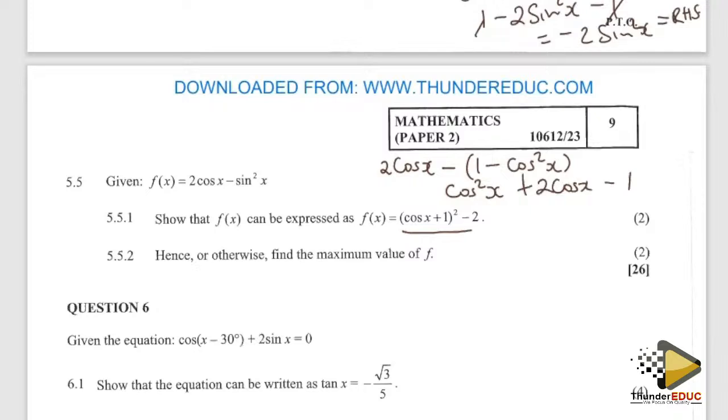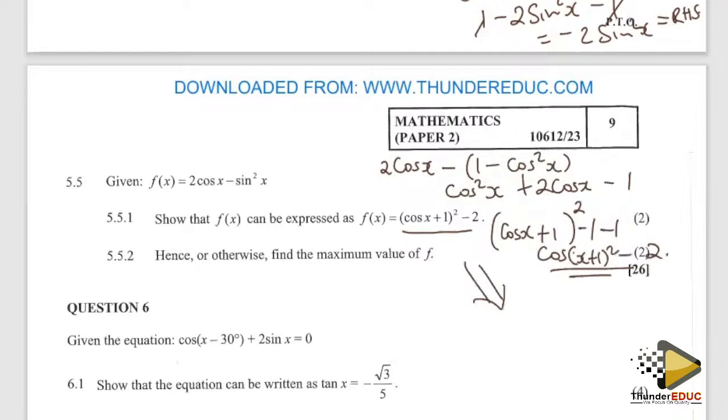When I'm completing my squares, I'll get the cos x. What is half of 2? It's a 1 with this sign, and then I square it. Then I subtract the 1 since I've added a 1 here. So that's like 1 squared. You know that 1 squared is 1. And then I subtract 1. So that is cos x plus 1 squared minus 2. That's how it goes. And then for us to get the maximum, you look at this value here. Remember 1 or negative 1 is going to represent the negative 1 and negative 2. It's more like a shift or